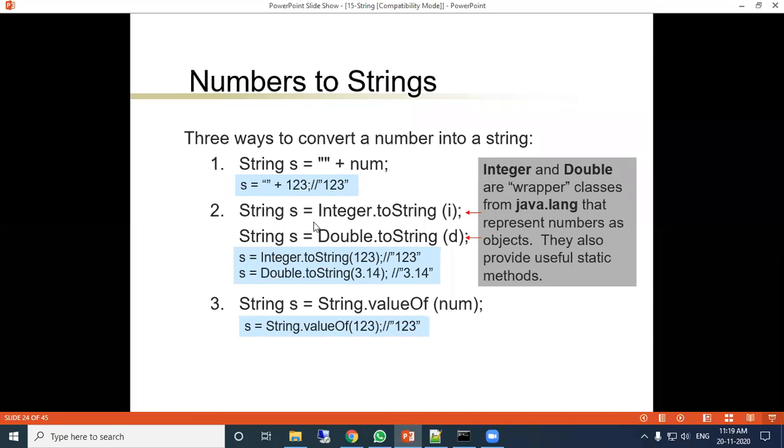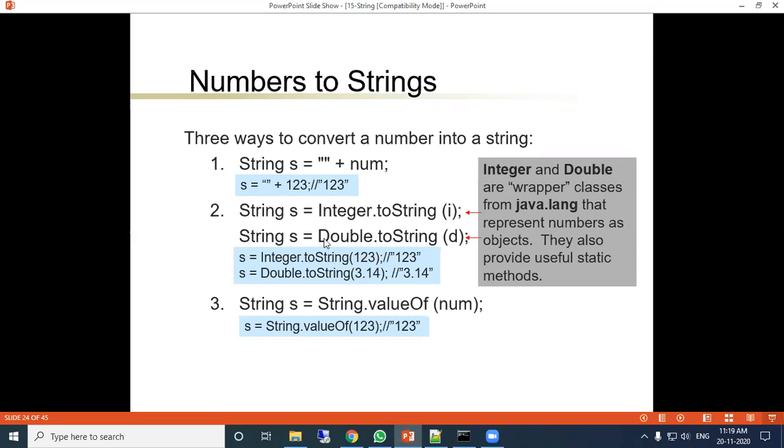Now String s equal to Integer.toString(i). Here Integer is a wrapper class, and toString converts to a string. Whatever i value is there will be converted and stored in s. Similarly, String s equal to Double.toString(d). This is also a wrapper class.